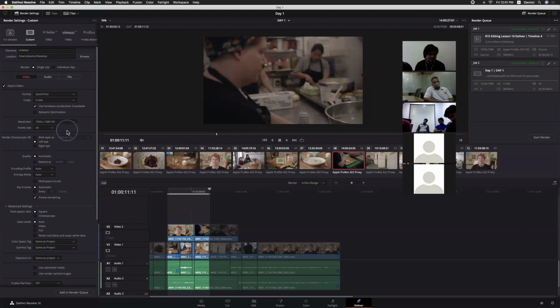Here we are not seeing any options related to image. If you want to export the current frame or anything from your timeline, there is no option for an image here.